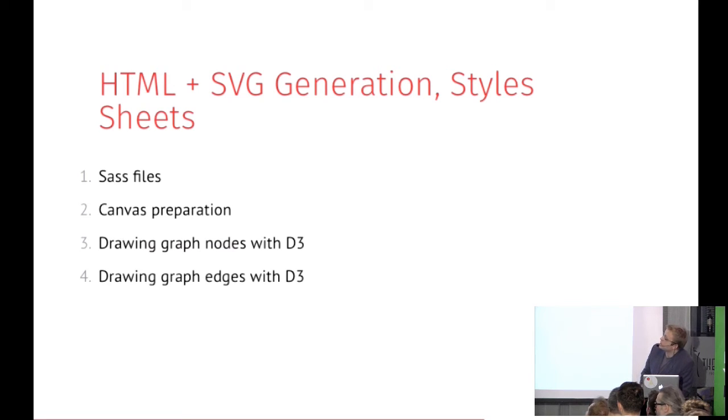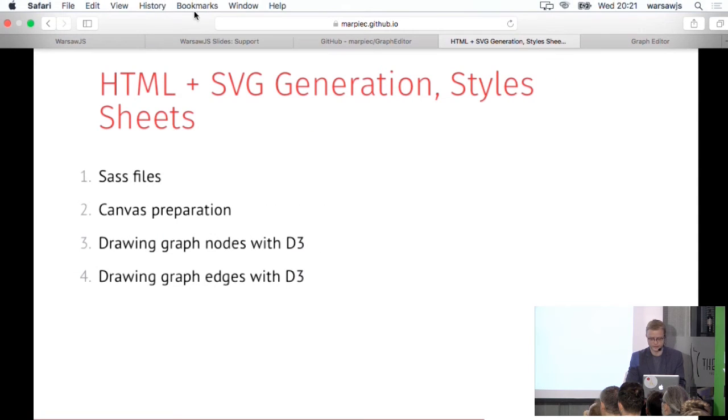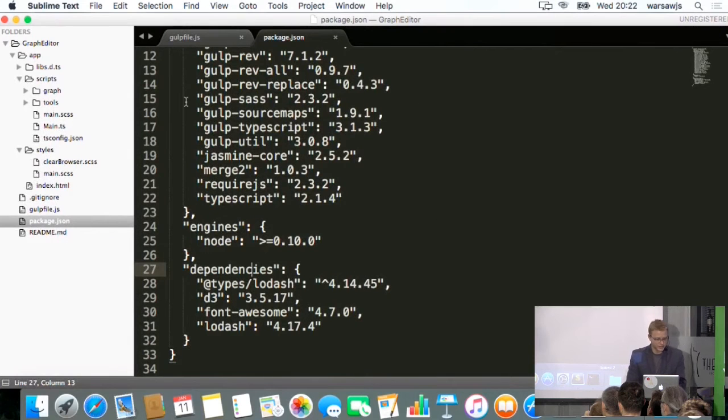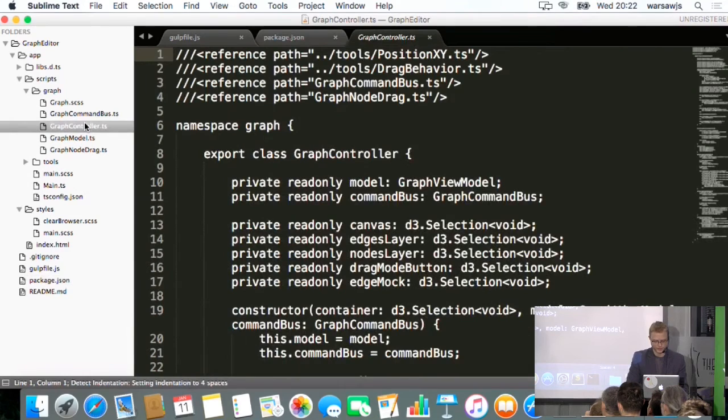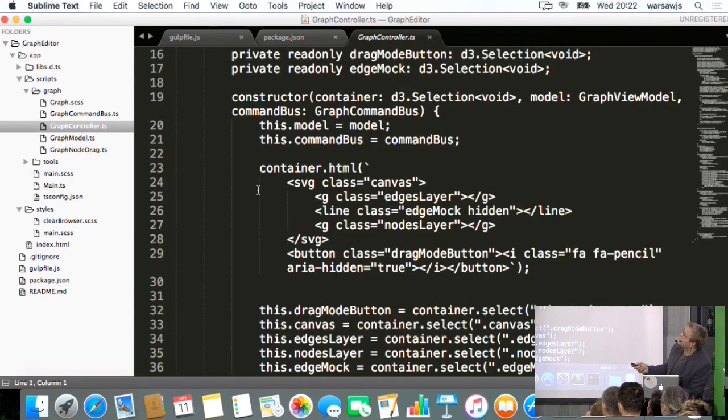Okay, so how can we achieve this look of our application? We have to generate SVG circles and SVG lines. We have to add some buttons to it. So this is done with our graph controller, which during construction,